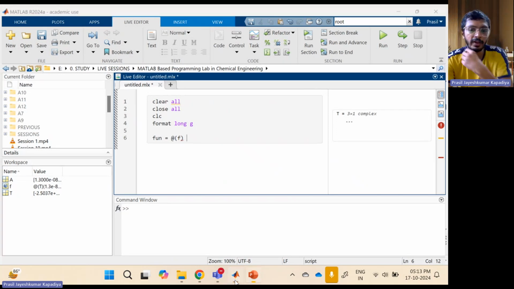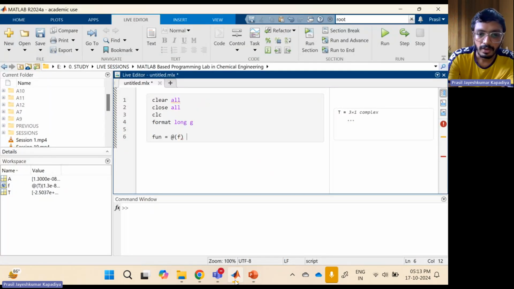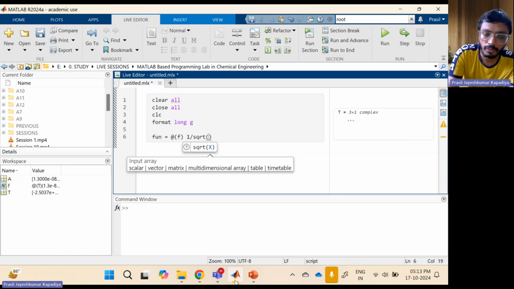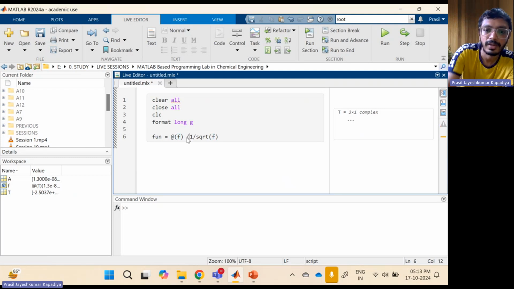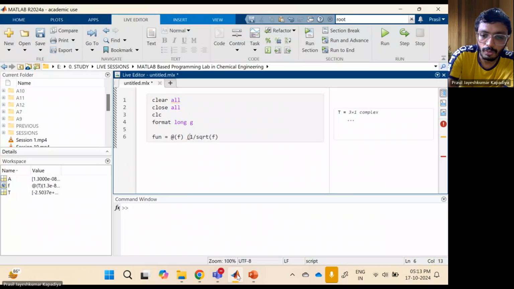Be really careful while writing this equation. It is 1 upon square root of f. First term: 1 divided by sqrt of f. This is my first term. Then my second term is plus. I'm using two brackets here, so I will first close this bracket. Then I will have plus